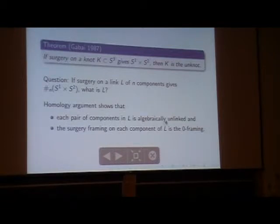I should stress algebraically unlinked here. We don't know that they're geometrically unlinked. It turns out that the link can be divided into 2 separate links, and you can work on them separately, so that's kind of the uninteresting case. But